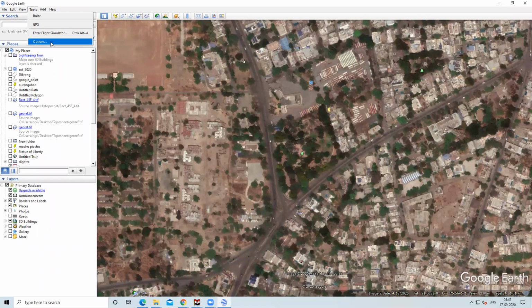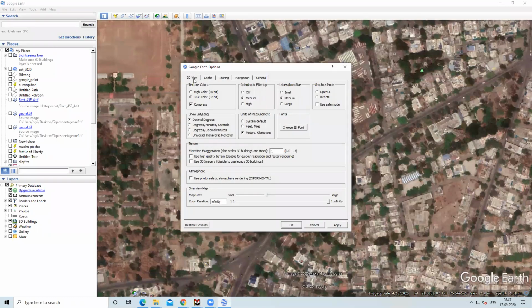So we'll do this setting. We'll go to Tools, Options. Here in 3D View, we first select decimal degrees, then units of measurement are meters and kilometers. Then the elevation exaggeration is 0.01. Untick use high quality terrain and use 3D imagery.